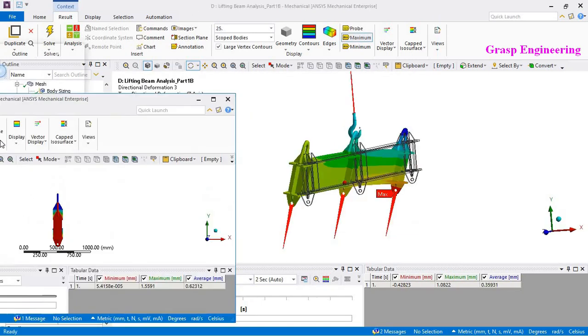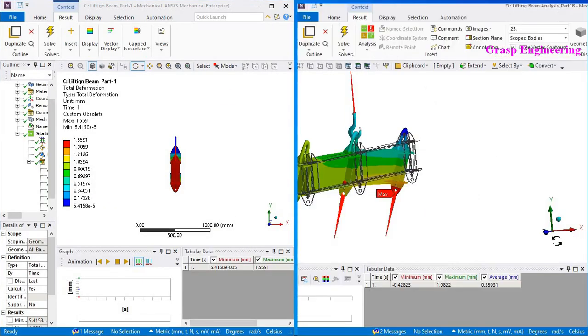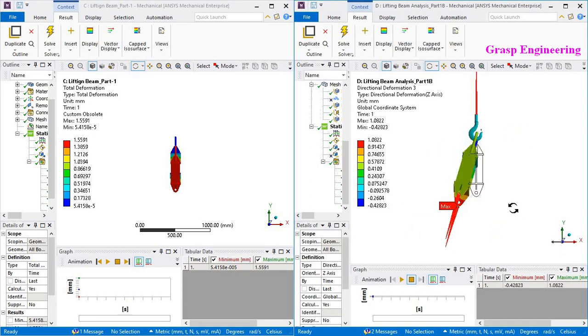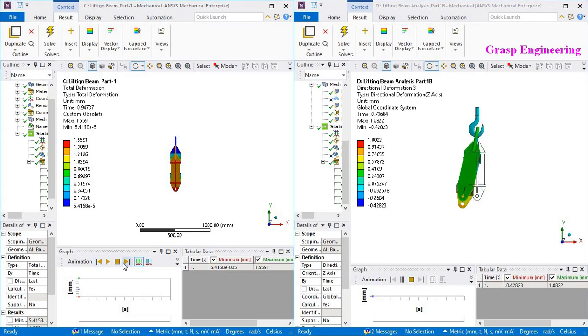Let's make both parallel to each other and let's see the differences. Now here you can see that because of this lifting eye, there are few deformations happening in x-axis, but here there is no deformation, only simply going downward. So that is the difference between creation of lifting eye and otherwise.